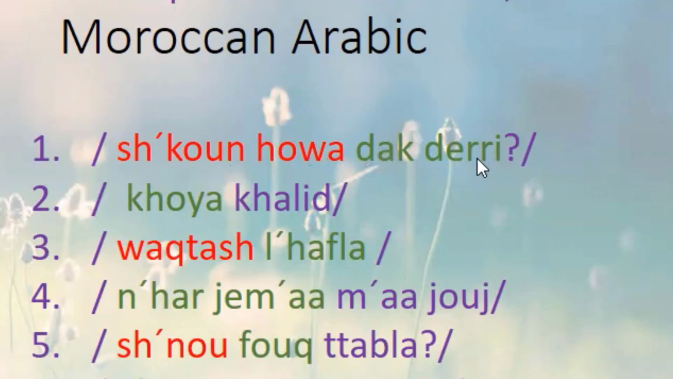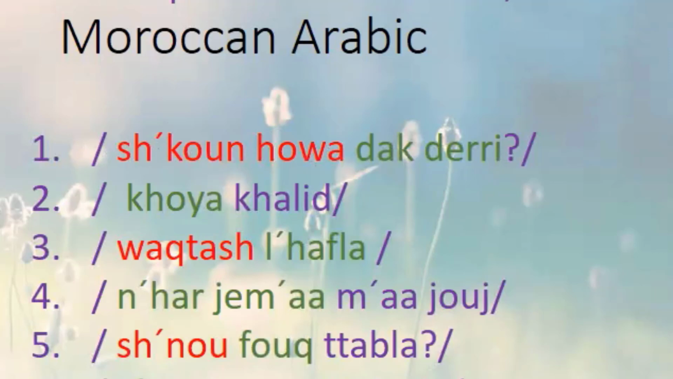شكون هو ذاك الدري؟ Who is that girl? شكون هي ديك البنت or ديك الدرية؟ Okay, who are those boys? شكون هما دوك الدراري؟ Okay, who is that man? شكون هو ذاك الراجل؟ Okay, who is that woman? شكون هي ديك المرأة؟ All right, who are those people? شكون هما دوك الناس؟